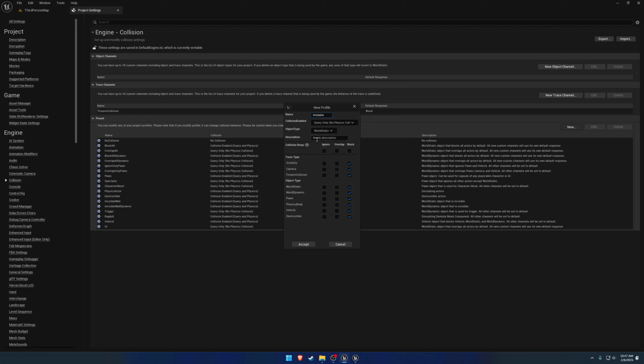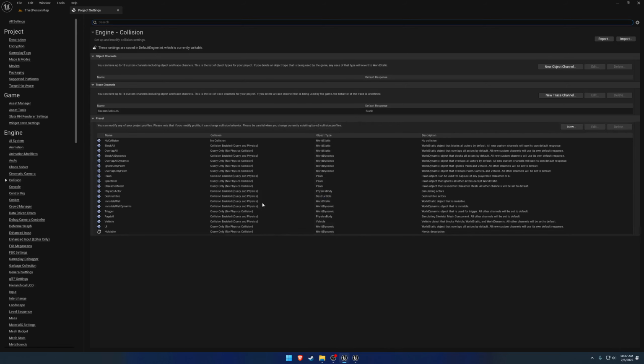And then I guess we could give it a description, but I don't see a point. We're going to make it ignore the pawn. And for object type, we're going to make it world dynamic because realistically, this is what we're using it for. It's not going to be moving around, or it's going to be moving around. So go ahead and hit accept